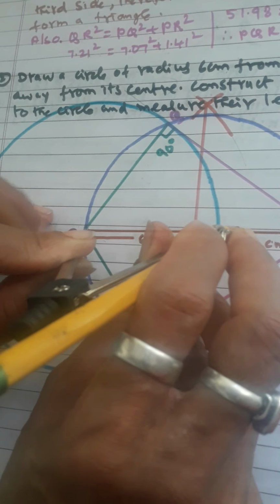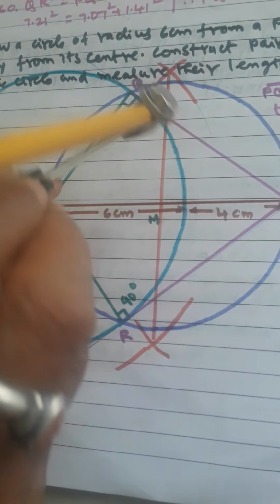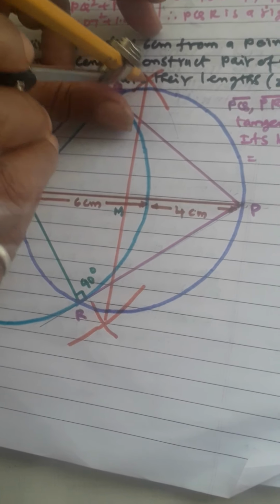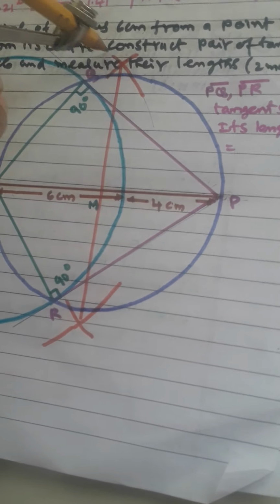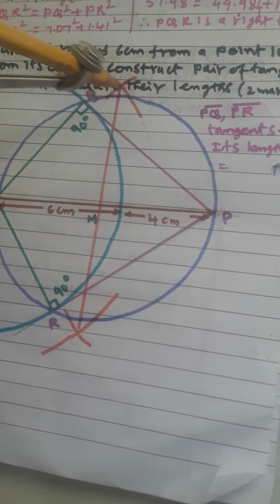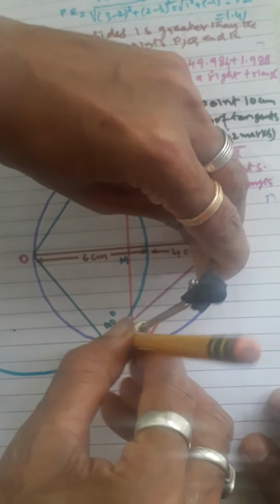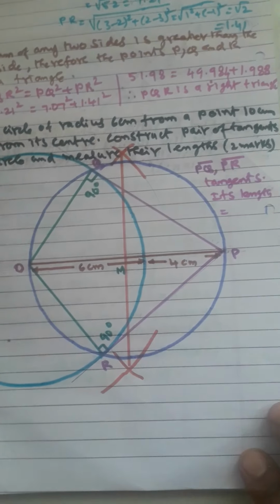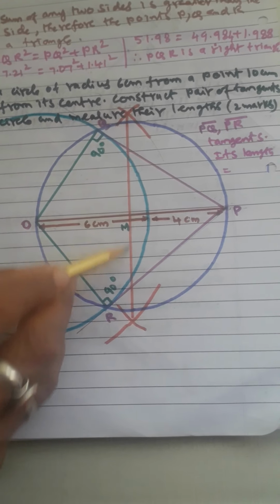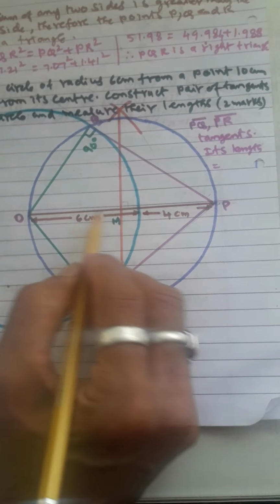So you have to take the compass, take more than half. So I have taken more than half, and I just drew one arc here, and down also you have to draw the same kind of arc, don't change the radius. And then again take that compass to the other side of P. Again there also the same radius, draw one arc here, and then here also draw the arc. Then you just join both arcs. That will give the perpendicular, as well as it will bisect.